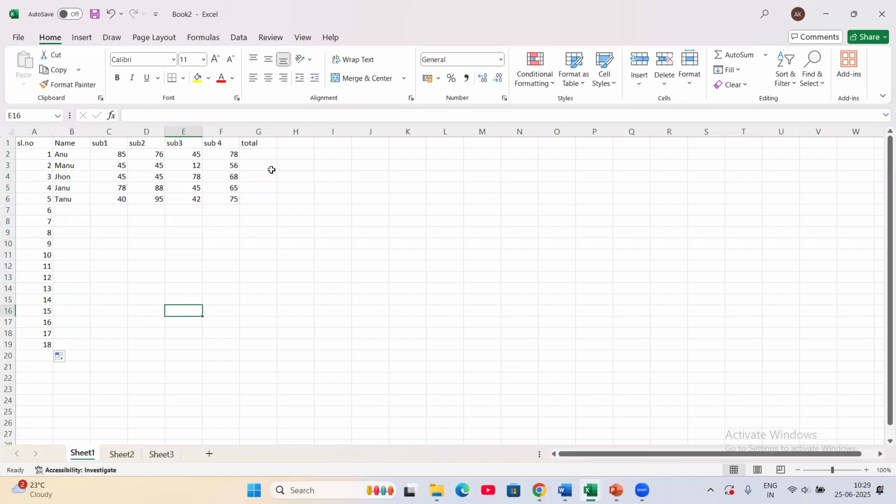Next, use of aggregate function. Aggregate functions in Excel apply different aggregate functions like average, sum, product, count, max or min of data. An aggregate function performs calculation on a set of values and returns a single value. Aggregate functions ignore null values. Here we have total. We should add the sum of all subject 1, subject 2, subject 3, subject 4. So equal